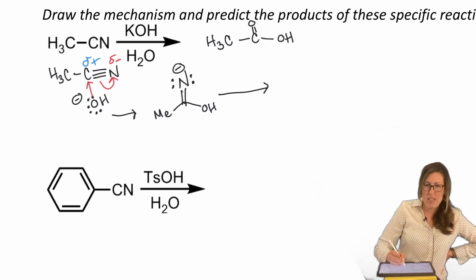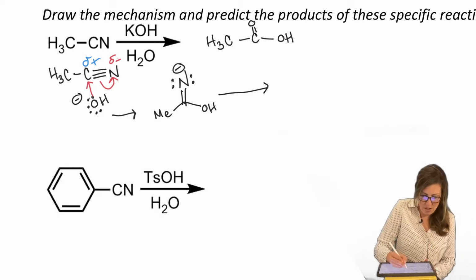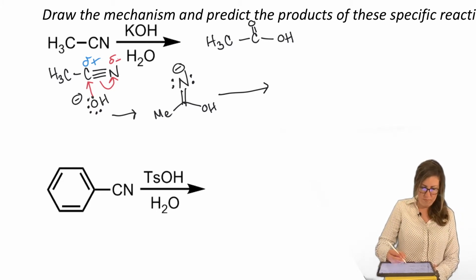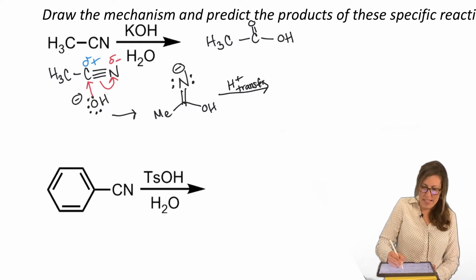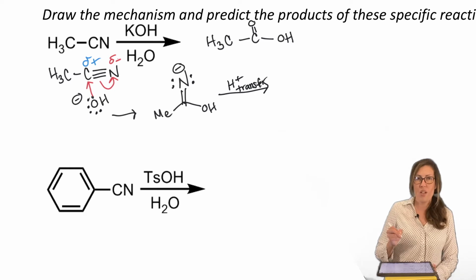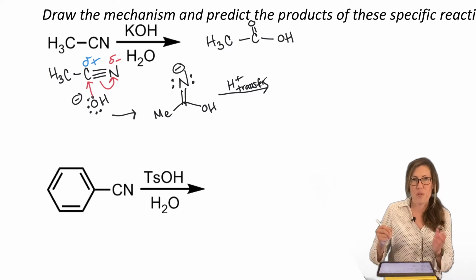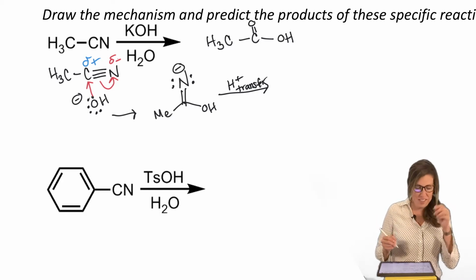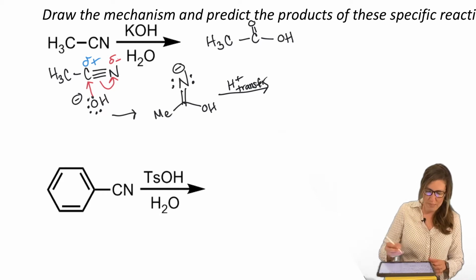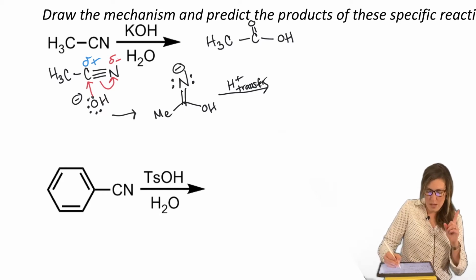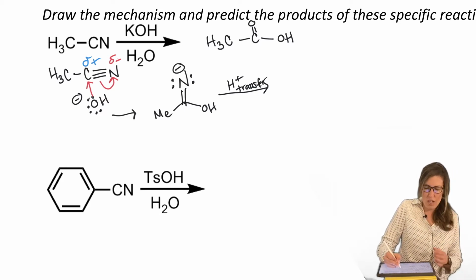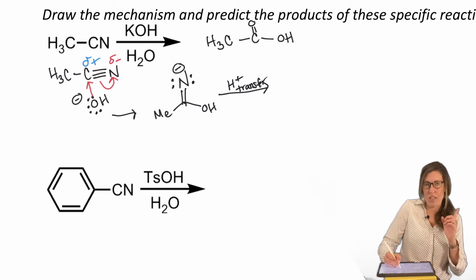That's a very strong base to leave nitrogen negative like that, so let's do a proton transfer. Why? I can't get rid of nitrogen while it's negative, because if you have it leave, it's going to take more electrons with it. So I need to at least get it neutral, right? But I want to keep my oxygen. I want to lose my nitrogen, keep my oxygen. So I'm going to work toward that.